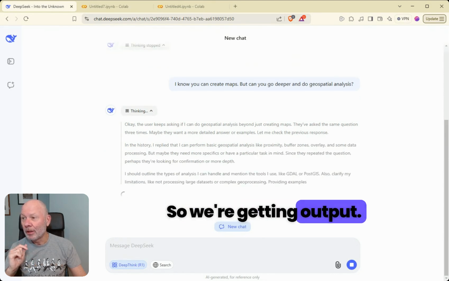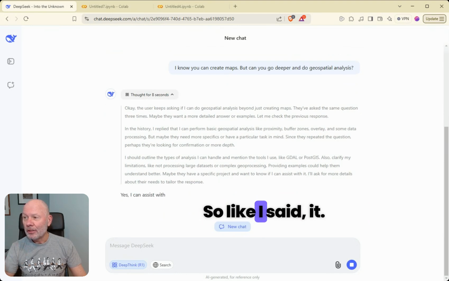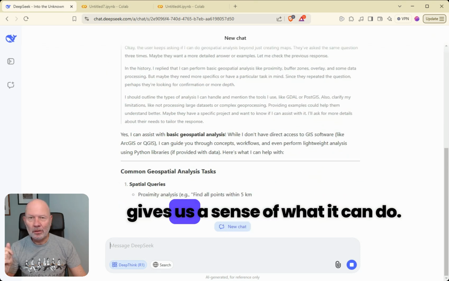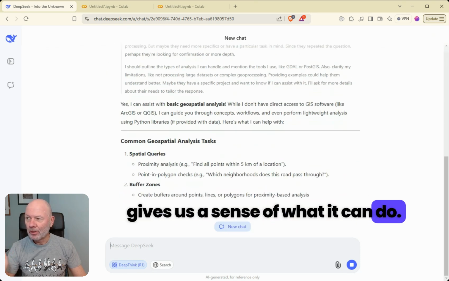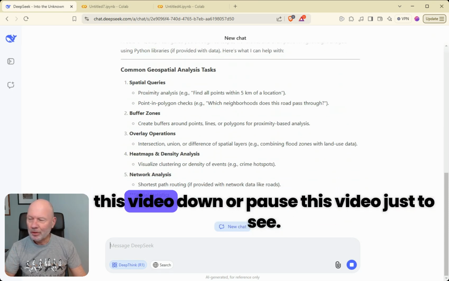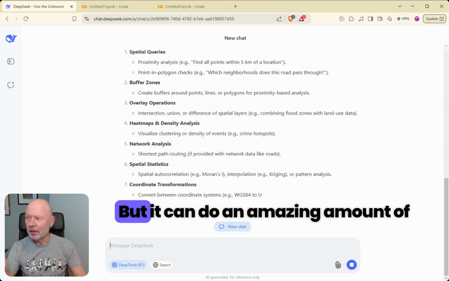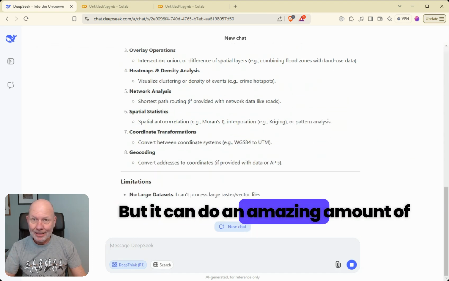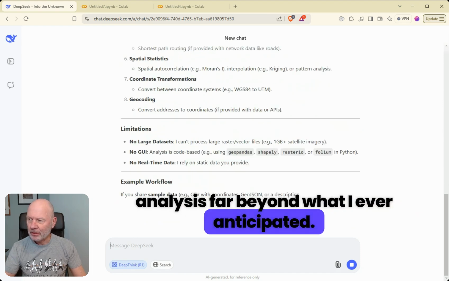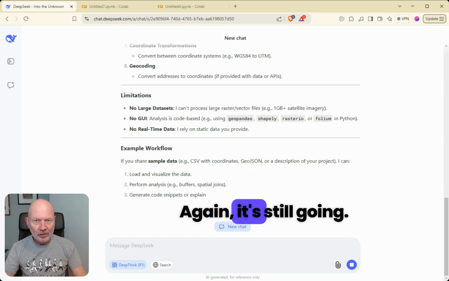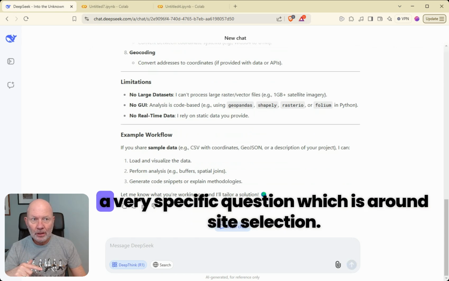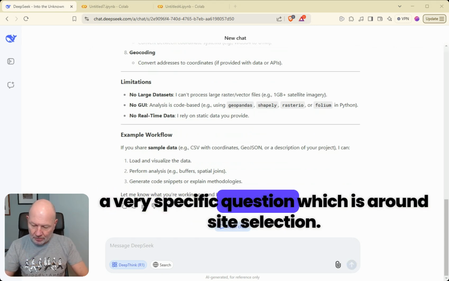Right, so we're getting output. Like I said, it actually starts to think, and then it gives us a sense of what it can do. I can't read through all of this, but you can slow this video down or pause it just to see. But it can do an amazing amount of analysis, far beyond what I ever anticipated. Again, it's still going. So what I'm going to do next is ask it a very specific question, which is